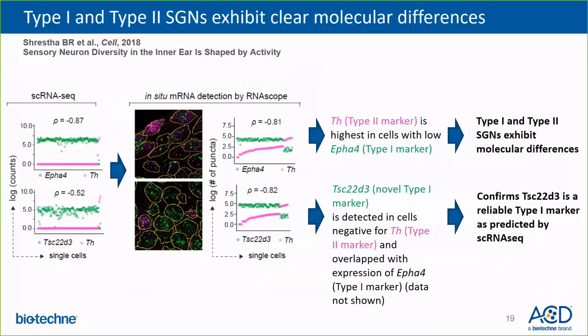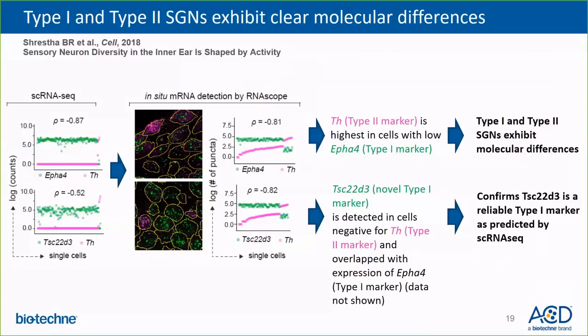Furthermore, in the second study coming out of Harvard, they used RNAscope to first demonstrate that type 1 and type 2 SGNs do truly exhibit molecular differences, with the type 2 marker TH expressed highest in cells with low expression of the type 1 marker and vice versa. In addition, single-cell RNA sequencing identified a novel type 1 marker, TSC22D3, and RNAscope could confirm that